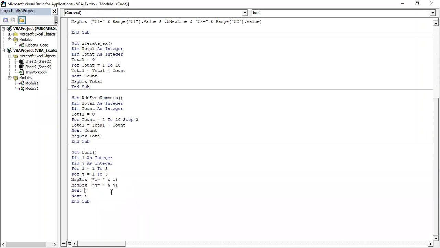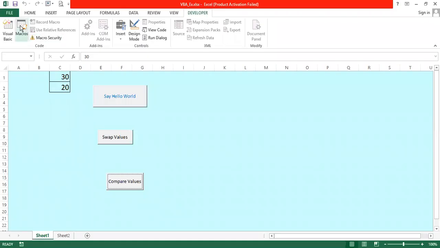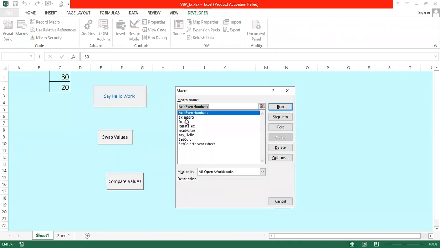So we want to access the values like in a matrix, how you see it row wise. So 1 1, 1 2, 1 3: the first row all the columns, second row all the columns, like that. So this is the logic for that. So this is the function, the macro name. Let us execute this macro and see what will come first. This is fun one.